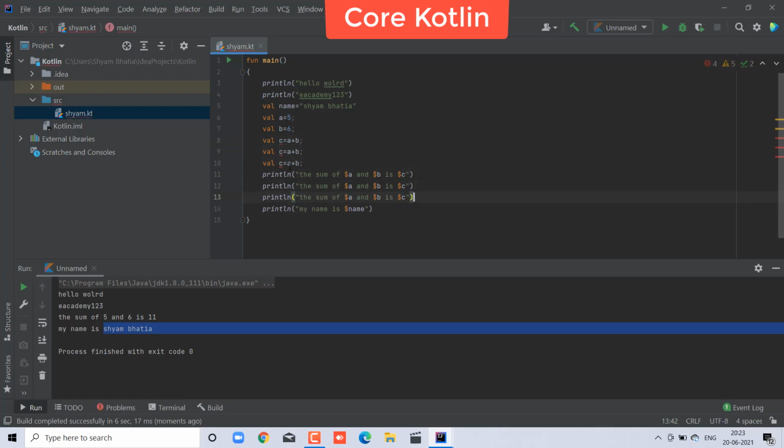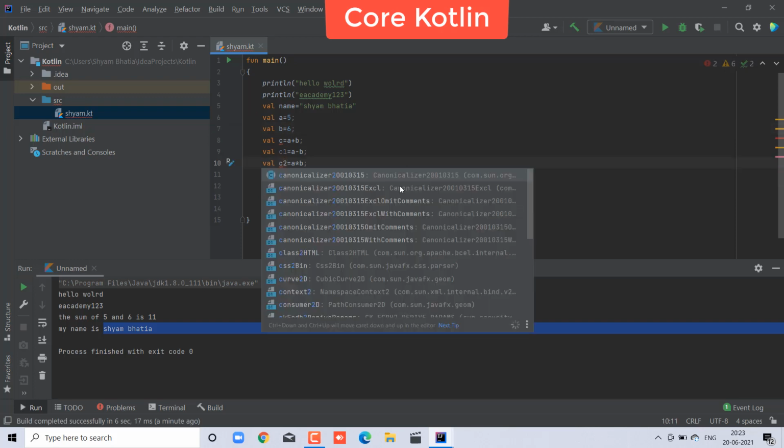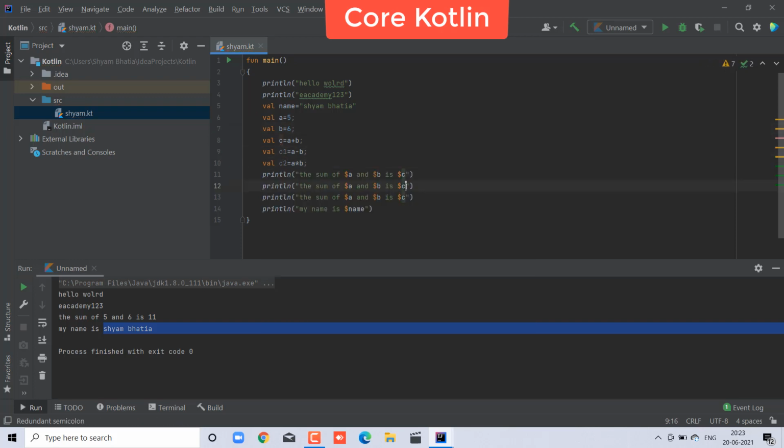Also press Control D, and like that you can do 1 2 3. I will take minus, and I will take multiply. All arithmetic operations you can do here, and let's say C1 and C2 operations, and so on.